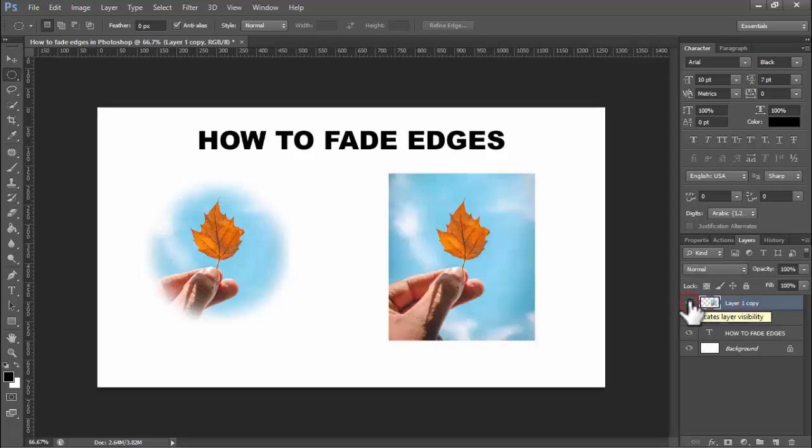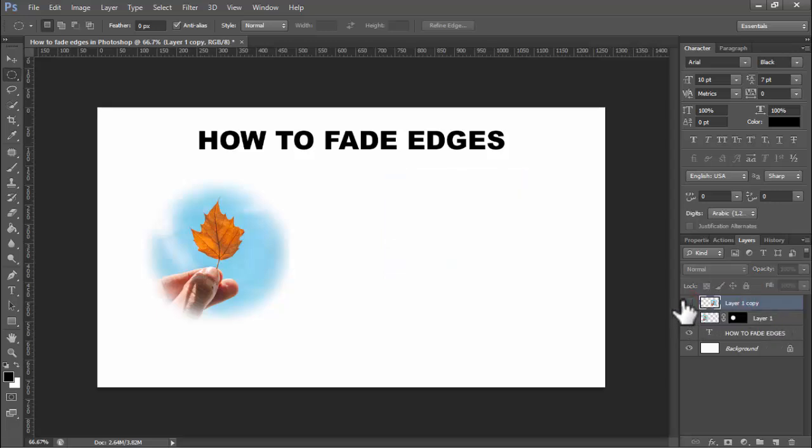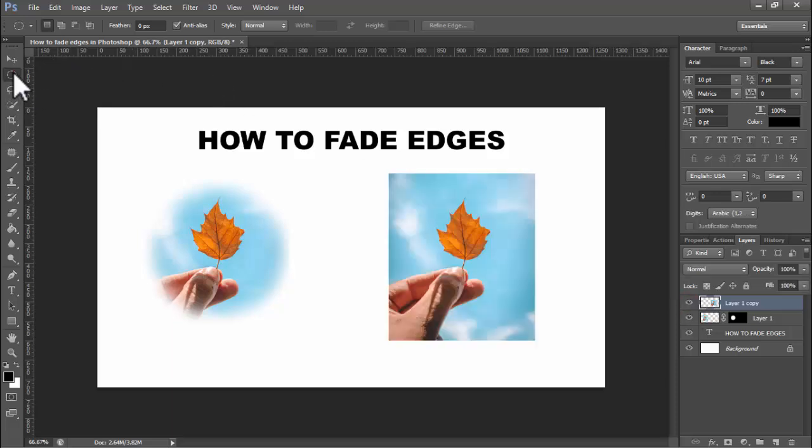Now see this image. First of all, use rectangular marquee tool or elliptical marquee tool as I wish. I use a rectangular marquee tool. Then find this